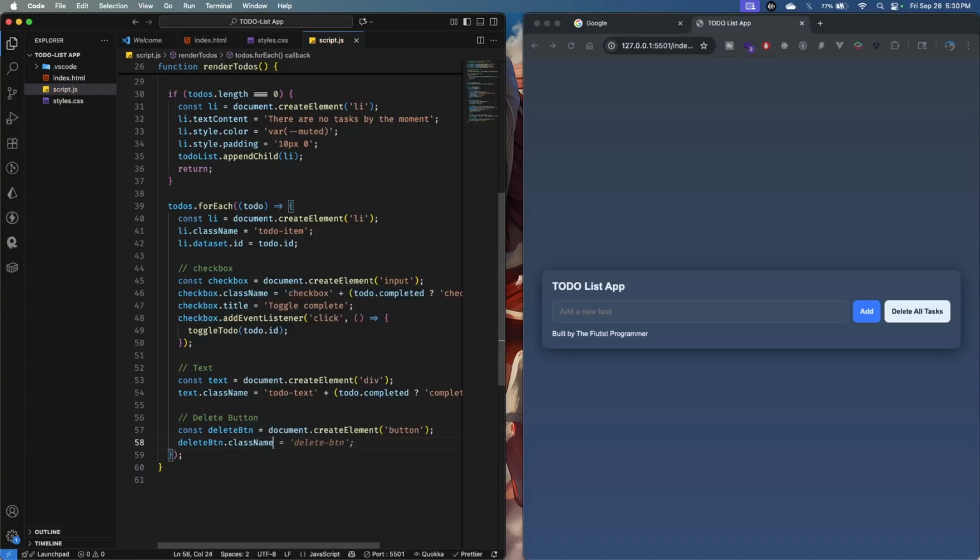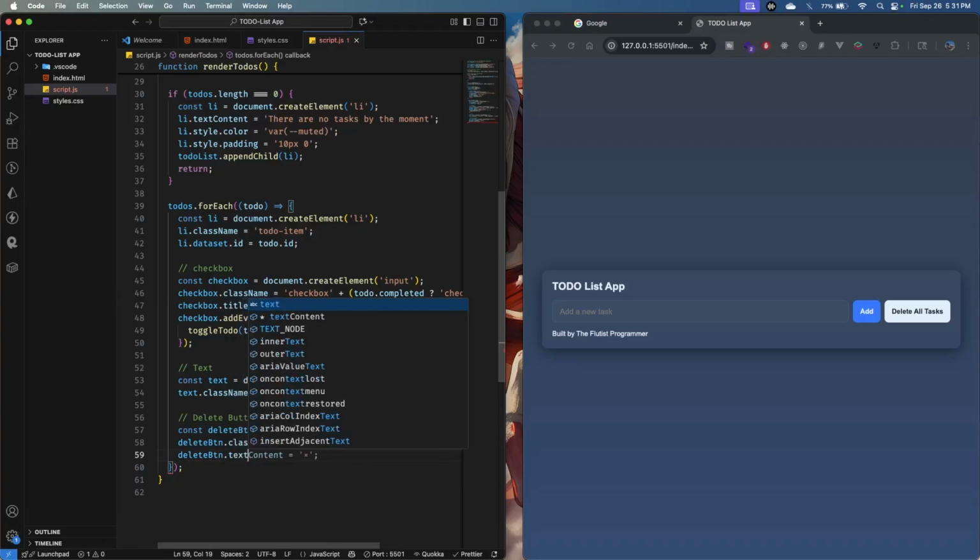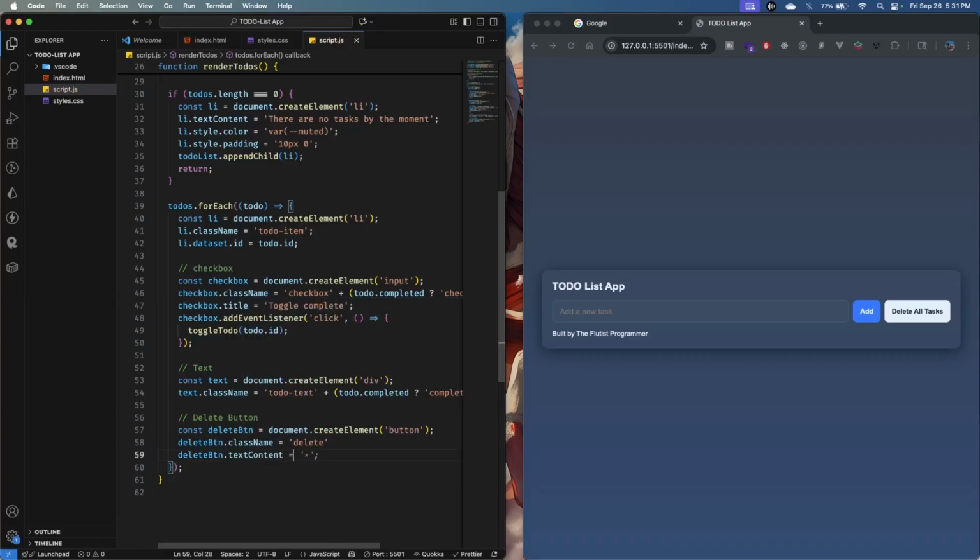The deleteBtn dot className of small. In this case, it will be just the delete. The delete button dot textContent is going to be equal to delete, and